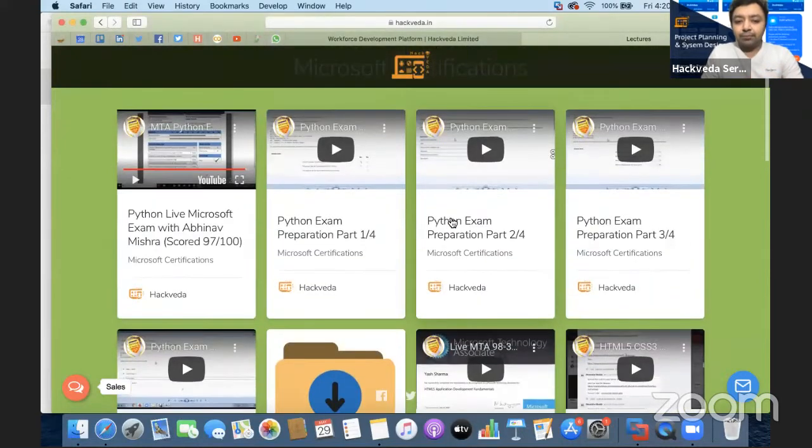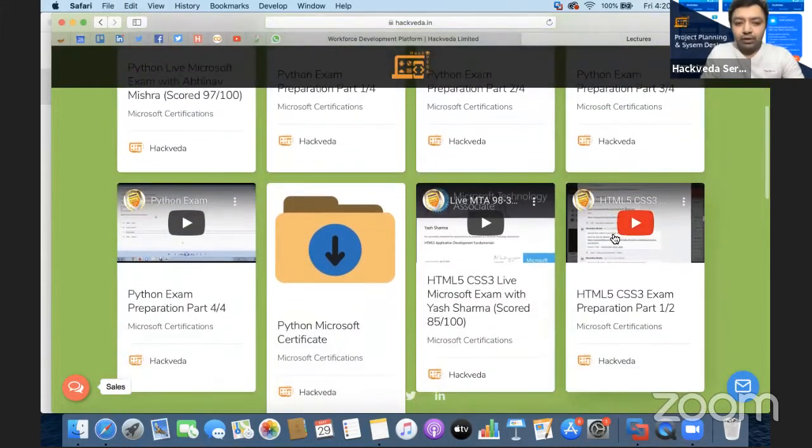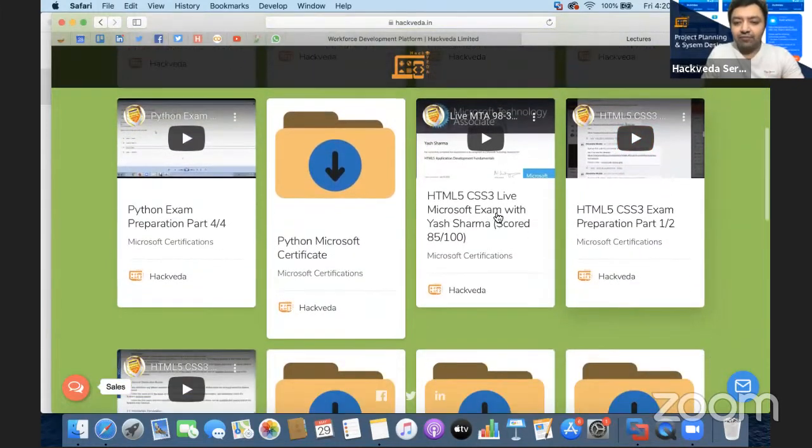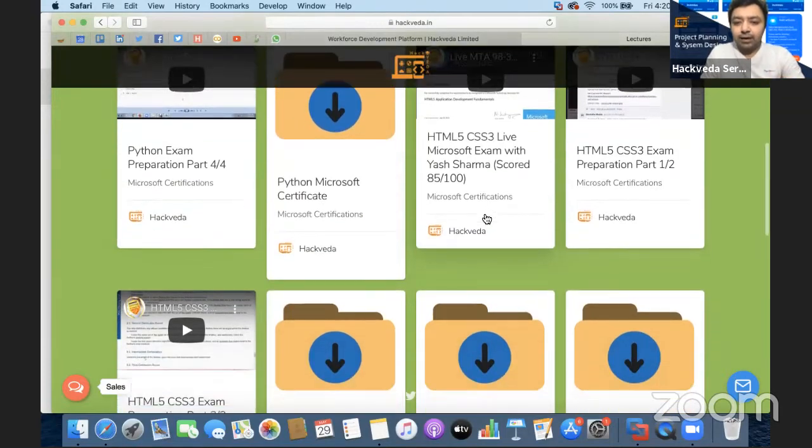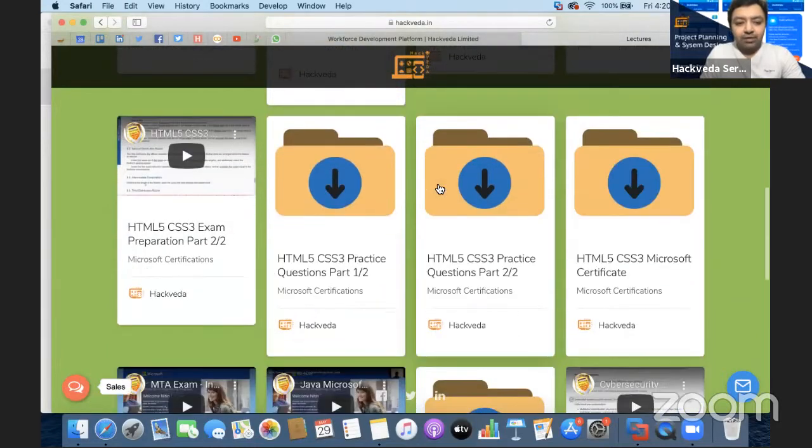With each exam, you will get the preparation material also, where our mentors have dedicatedly discussed each and every question, how to attempt that question, and how you can score 100 or above 95 plus marks in these Microsoft examinations. Okay. So we have added these sessions for you, in which we have Python. We have added full stack development for HTML5 and CSS designing. Here, our mentor has scored approximately 85 marks in that. Then we have got